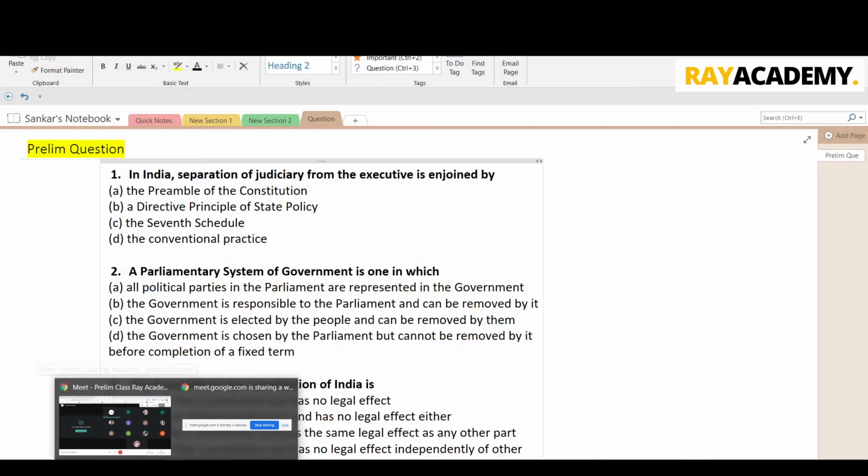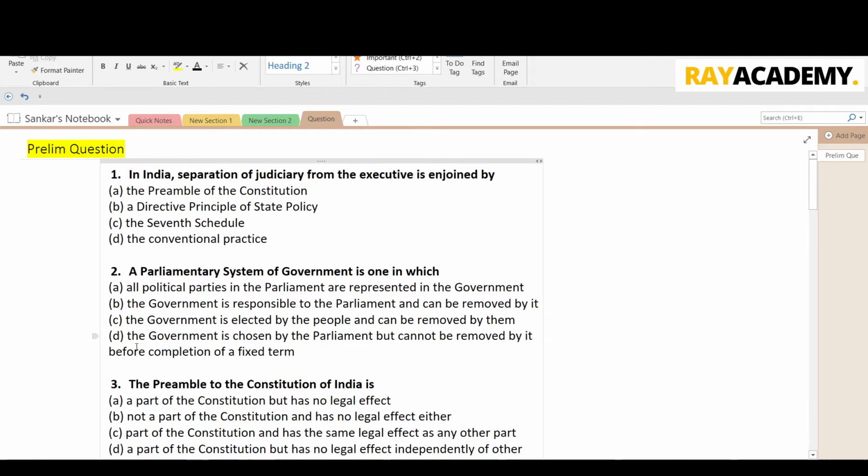Yes, can you see the screen? The questions. Okay, I think any other aspirants, are you able to see the screen? Okay,